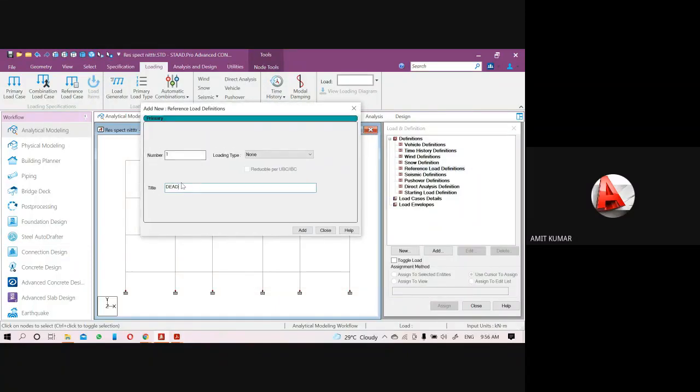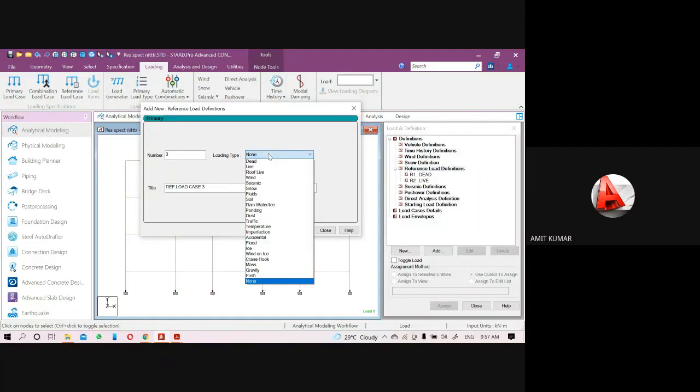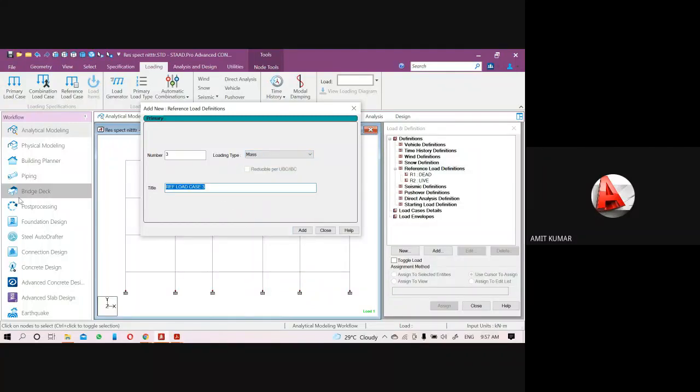So just see, I provide the title dead and click on the add. Next one is your title live. Okay, and the third one is your mass load. So here the loading type should be changed to mass, so you will get R3 mass here.